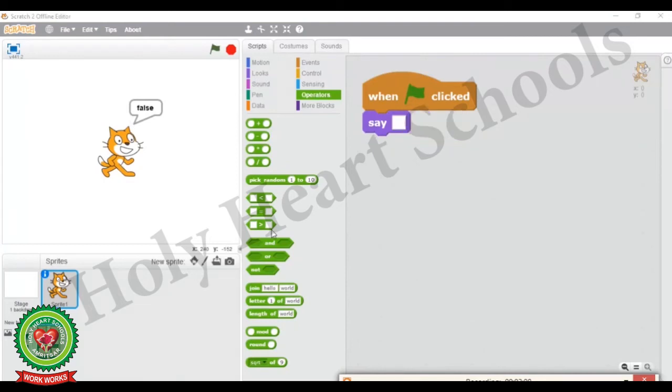Now see the next block, greater than. In the same way, I am going to give two values, that is 15 and 14. So when I double click on the script, you will get the answer on the stage, true, because 15 is greater than 14.